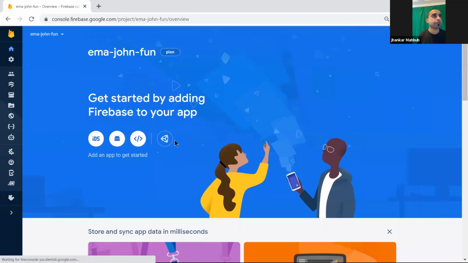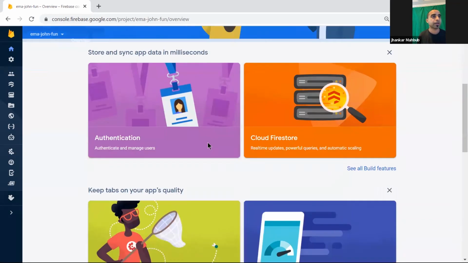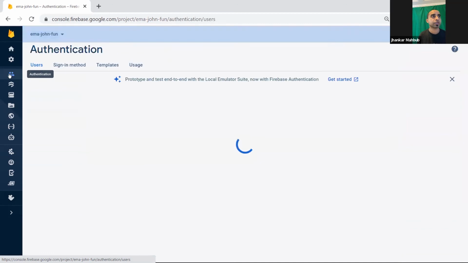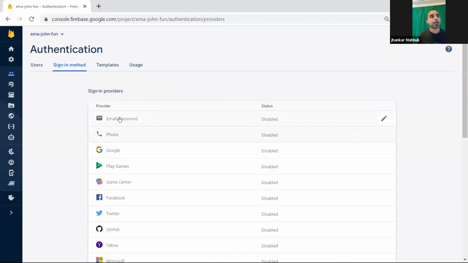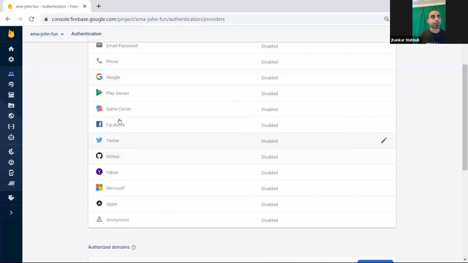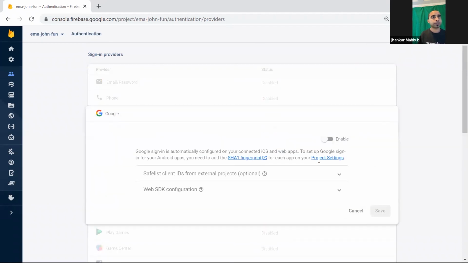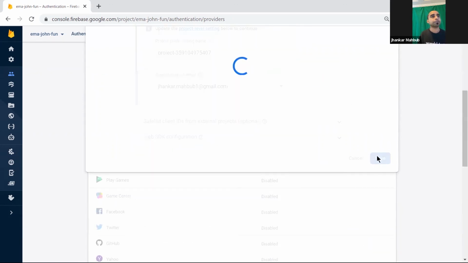So this is your Amazon Fun, and it gives a bunch of information: what do you want to do, and how to get started. In our case, you go to this. This is the authentication that I was talking about. You can easily do authentication, and this is super easy. You need to go to Authentication and enable it. So this is Google login, Facebook login, Twitter login, and then you can follow the steps. This is a very simple Google login. If you enable it, you need to give a support email, just any email you want. So this is the email that I'm giving, and then you save.